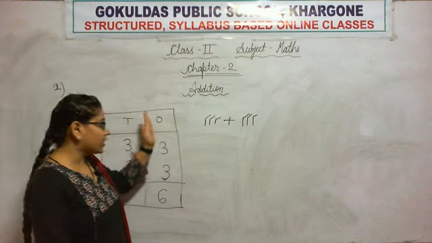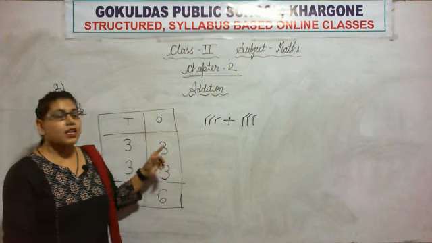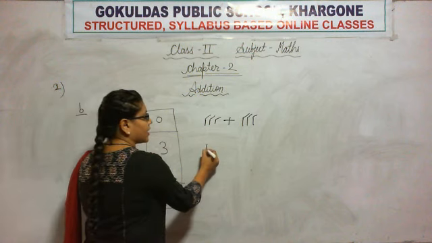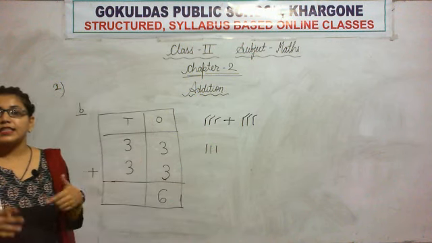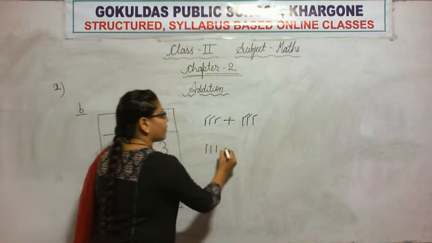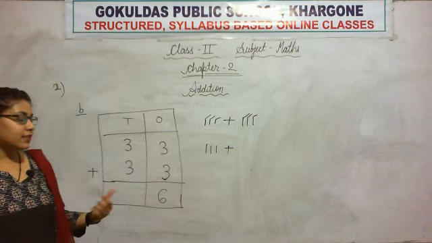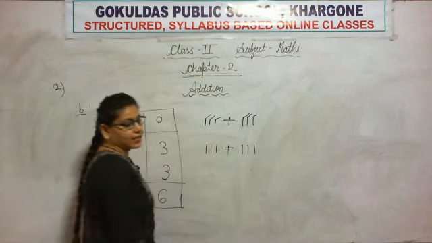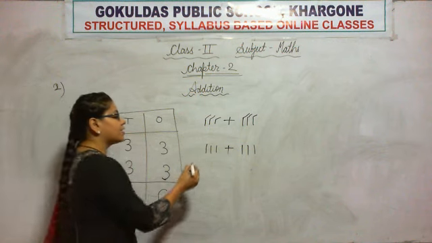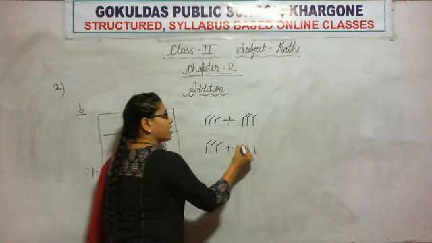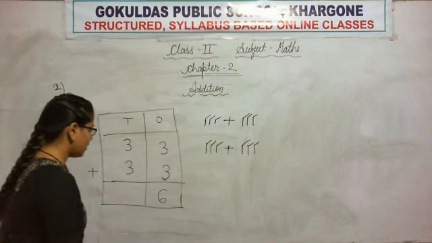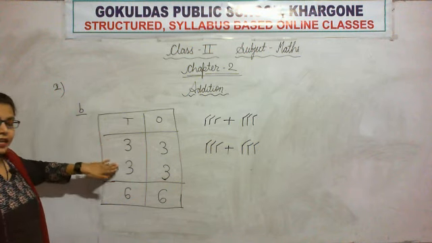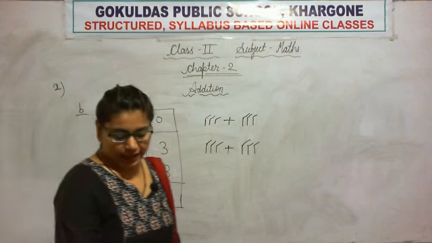Now, we have dealt with the ones column. We have added ones with ones. Now, we will add tens with tens. The first digit written here is 3, so we will draw 3 sticks. Now, we will add, so for that, we will put a plus sign here. The next number written here is also 3, so we will draw 3 sticks. Now, let's count how many sticks there are: 1, 2, 3, 4, 5, 6. So we will write digit 6 here. So when we add 33 and 33, the answer will be 66.